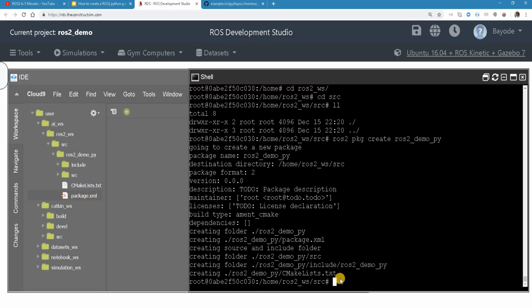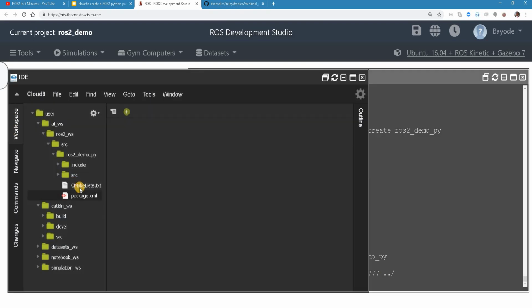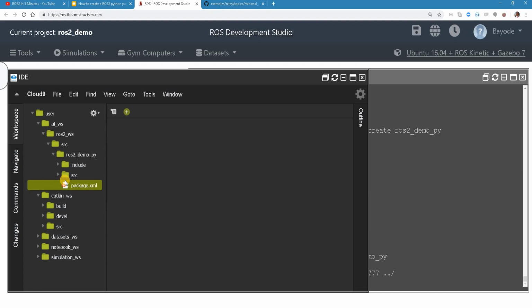Modification: we need to grant access to the user to this folder. Using this command, we are granting full access to any user to this folder, just as an example. So done. We go back and delete as we said. Yes, deleted. The next step is to make a setup.py, but we are going to copy from an example already